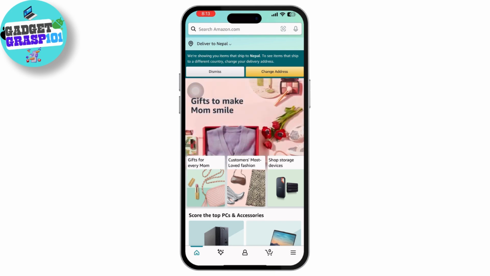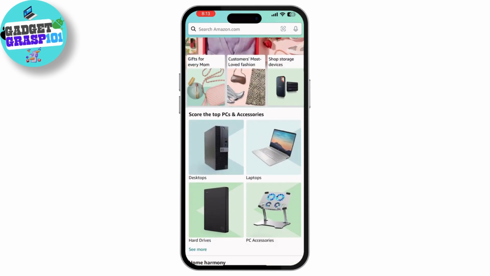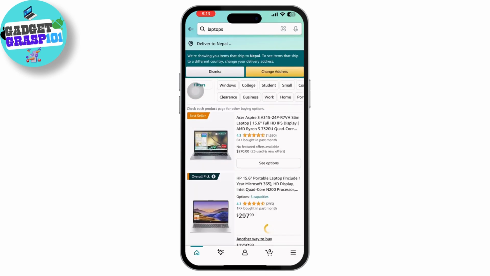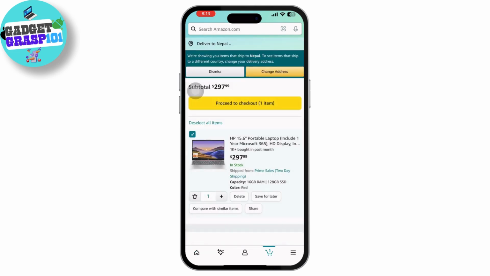Simply log into your Amazon account and navigate to any product you want to add to cart. Add items to your cart. After you add them, simply go to the cart, and here you can see there is no share option available there. Now all you have to do is tap on the product you have just added to your cart